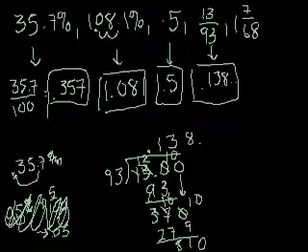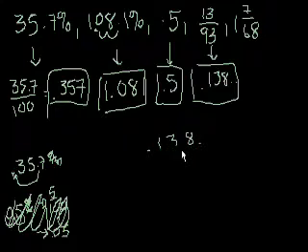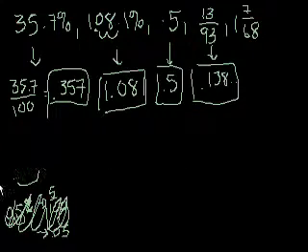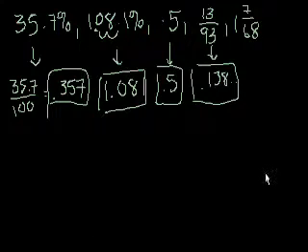Let's do it that way. I'm going to need more space, so let me clean this up a little bit. There, I have a little more space to work with now. So 1 and